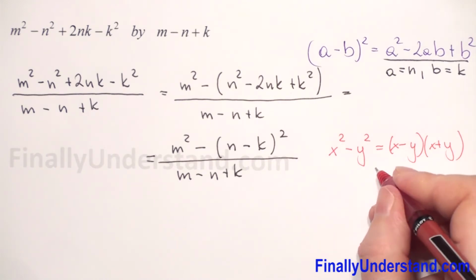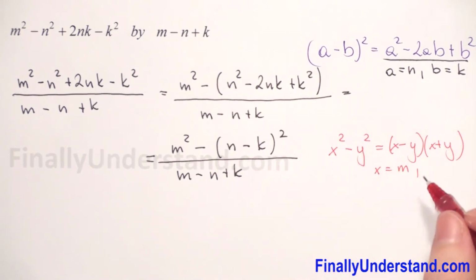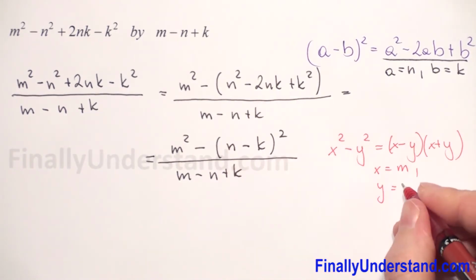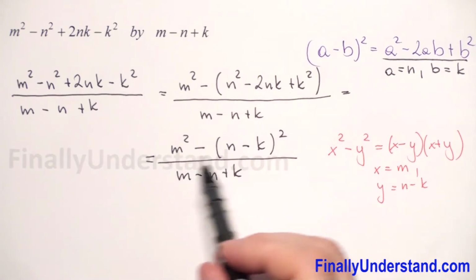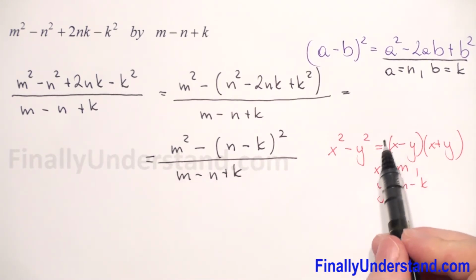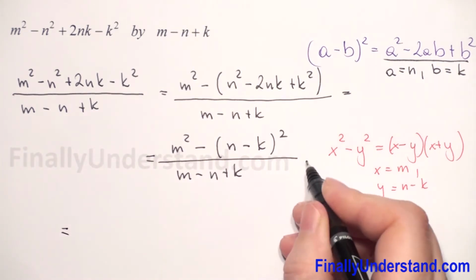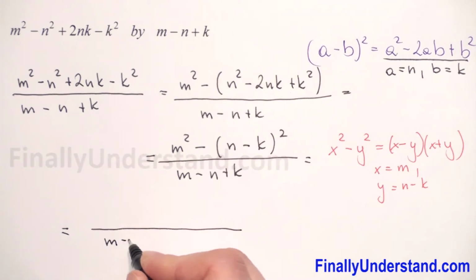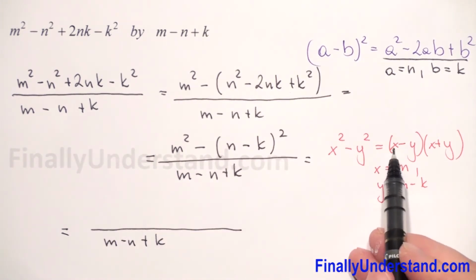In our example, x is equal to m and y is equal to whatever we have in parentheses, n minus k. So now we can rewrite our numerator in multiplication form. And when we have multiplication form, we can reduce. So the denominator we copy,